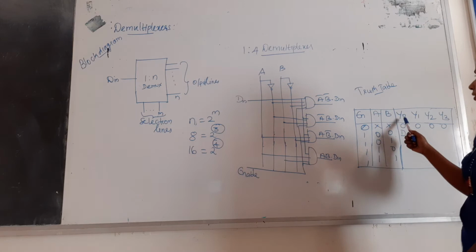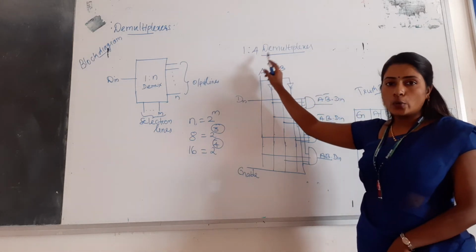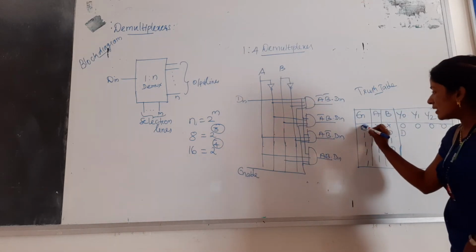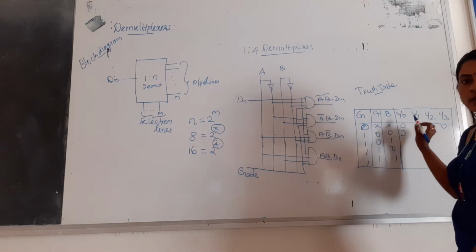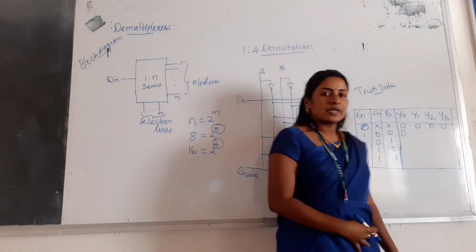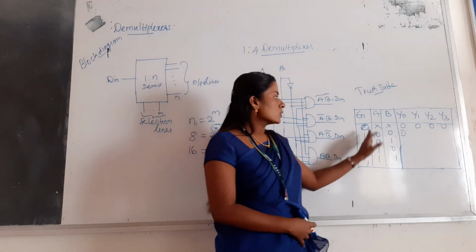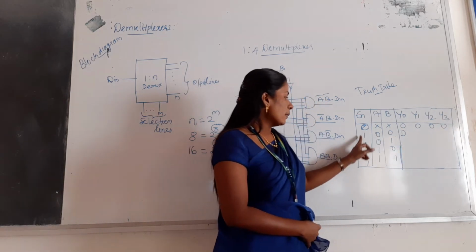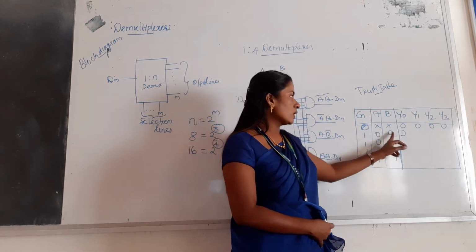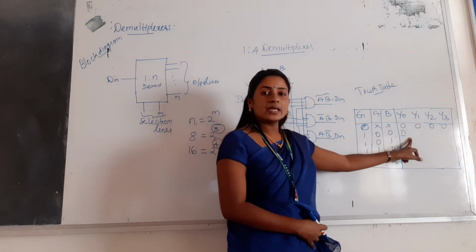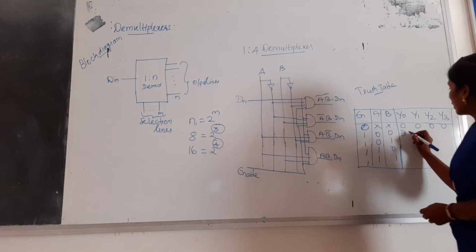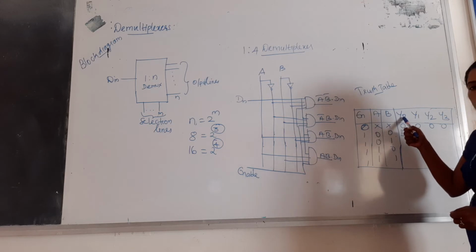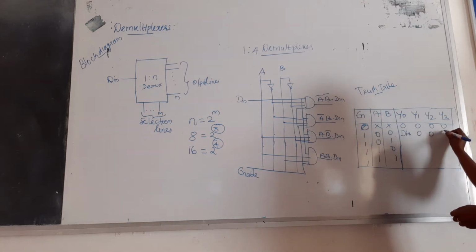Okay, so see here, this is 1 to 4, so 4 outputs are there, which I have named y0, y1, y2, y3. If enable is 0, this demultiplexer will not be activated, so none of the output lines is activated. Enable is activated, so the demultiplexer will work. If AB is 0, 0, we will get y0 output enabled. So the D input we will receive through y0, and the remaining are 0.